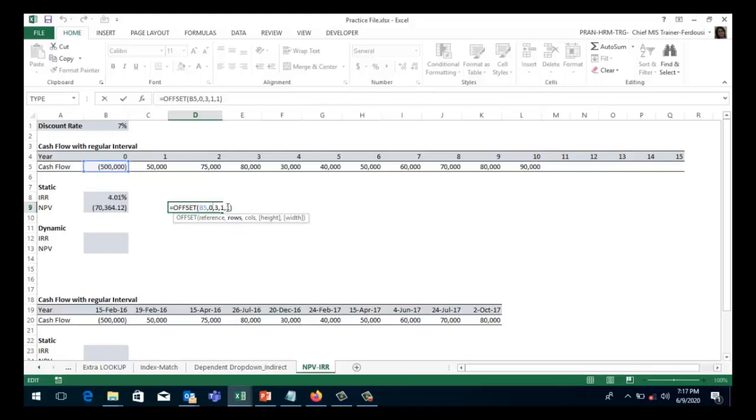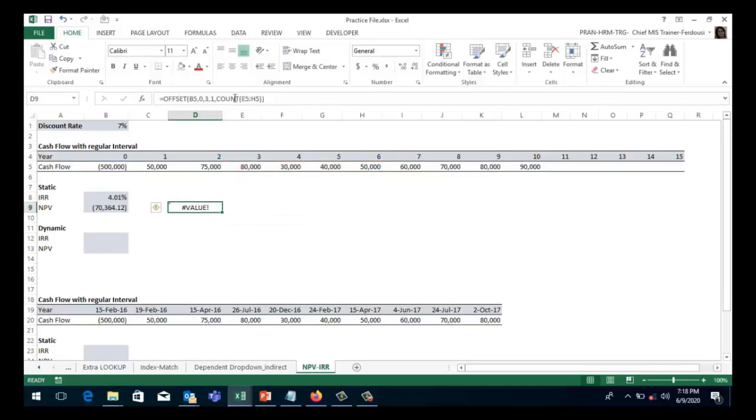In this situation we can dynamically change the range, like width would be from E to H, then count from this cell position to this cell position, then close the parenthesis, then press enter. But there is no result.